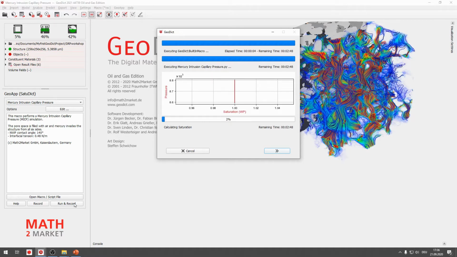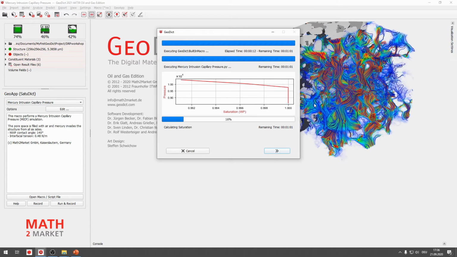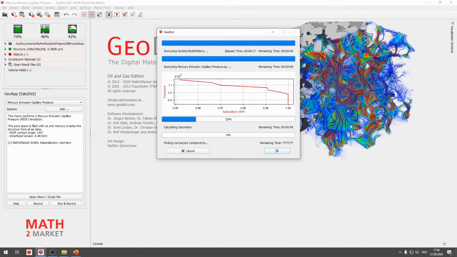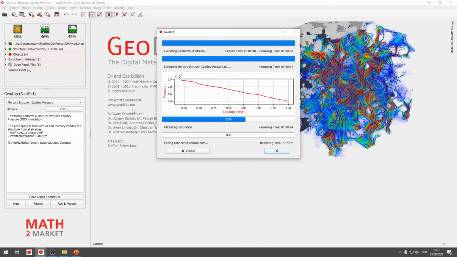While it is running, you can see plotted the saturation versus the capillary pressure. And as you see, the pressure is increasing continuously, while the saturation decreases. So, as you can see from the remaining time, an MICP computation in a digital rock at a size of 256 voxels in each direction is pretty fast.